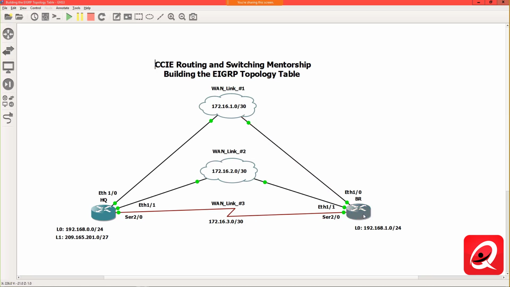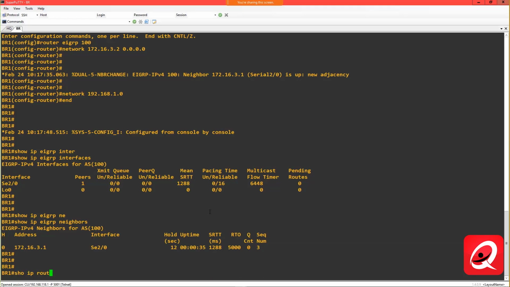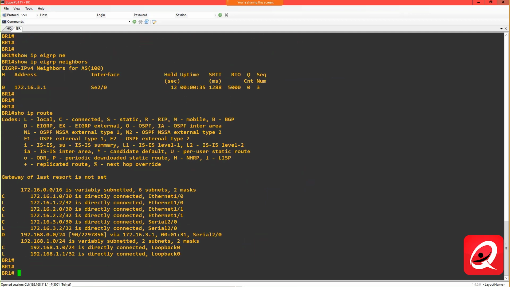Now, from the branch router perspective, the only networks that I'm going to add to my EIGRP routing process are the loopback interfaces, because these are all connected interfaces. Plus, we're not running EIGRP on these 2 Ethernet interfaces here. Ethernet 1.0 is not running EIGRP presently, and Ethernet 1.1 is not running EIGRP presently. Okay, so let's take a look at what the routing table looks like from BR's perspective, and then start to do some calculations. So if I do a show IP route, I can see that I do have an EIGRP route here,